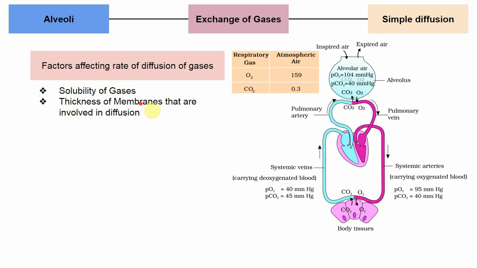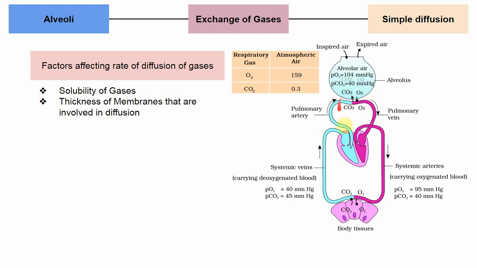So what is partial pressure? Partial pressure is the pressure exerted by individual gases. When we look at the respiratory gases, oxygen and carbon dioxide, oxygen's partial pressure in atmospheric air is 159 mmHg, whereas carbon dioxide's partial pressure in atmospheric air is around 0.3 mmHg. As soon as the air is taken into the lungs and enters the alveoli, the partial pressure of oxygen in the alveoli is around 104 mmHg, and the partial pressure of carbon dioxide is around